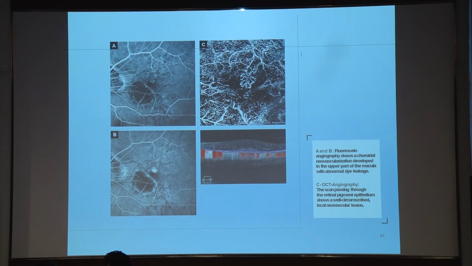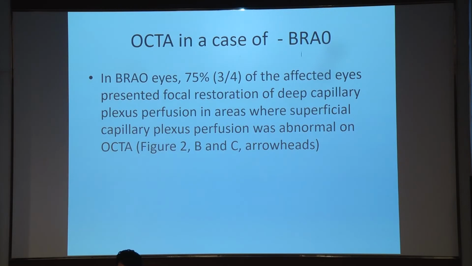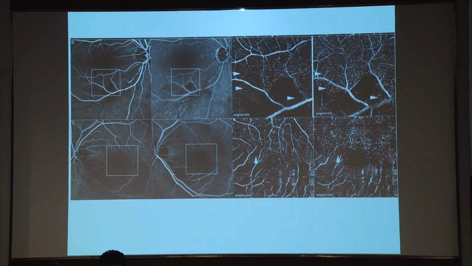Sometimes even the OCT may not be able to pick it up, or in cases when we have a suspicion. So this is a very useful tool. Again, OCTA can be useful in various vascular diseases. In patients with branch retinal artery occlusion, there is loss of the vasculature in the superficial capillary plexus, but this was a study in which they had shown that the deep capillary plexus was being restored sooner. So we can see the speed at which the recirculation is happening,